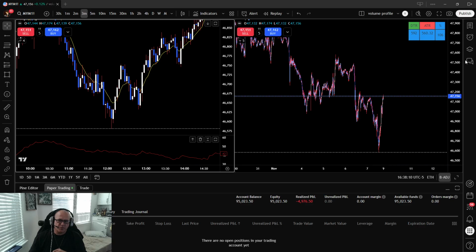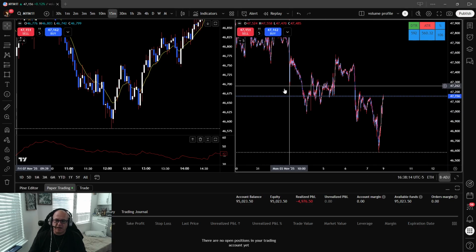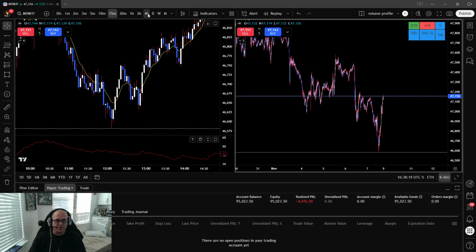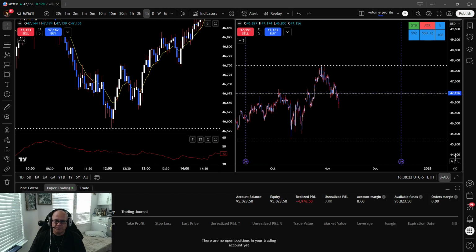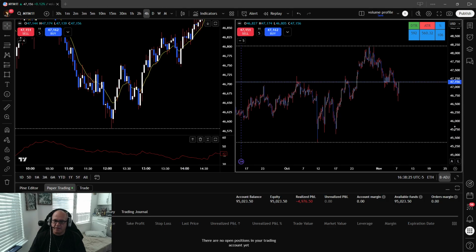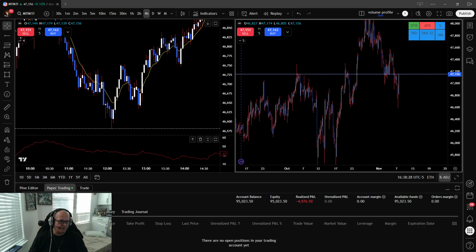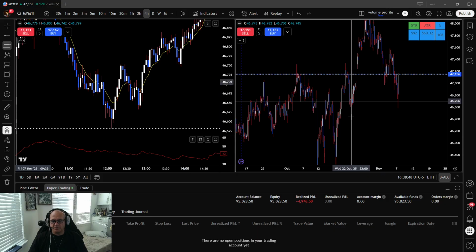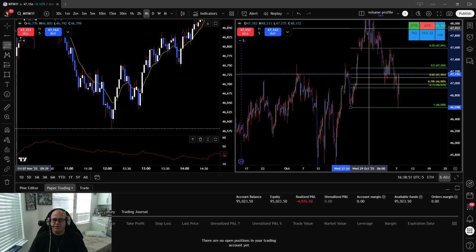Here I have pulled up my 15-minute chart, and I do not have a dealing range on here as of yet, but let me just go ahead and throw it up. The one we were using was the 4 hour, okay? And this was our last dealing range. I have a couple of these Fibonacci retracement tools set up with different levels and different names so I know where they are, right? So we're going to go into quads and we're going to put in our 4 hour dealing range that we had